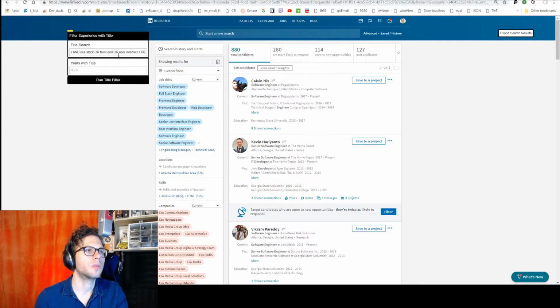And you don't need to use quotes. However, if you do want to use quotes, that will remove wildcards. By default, this is going to search for a wildcard on either side of user and interface. Putting it in quotes like that will cut it off, so that if it's interfaces, it wouldn't get caught. And in this example, UI, it's only going to find UI if it's a standalone, not if it's part of something else within the title.